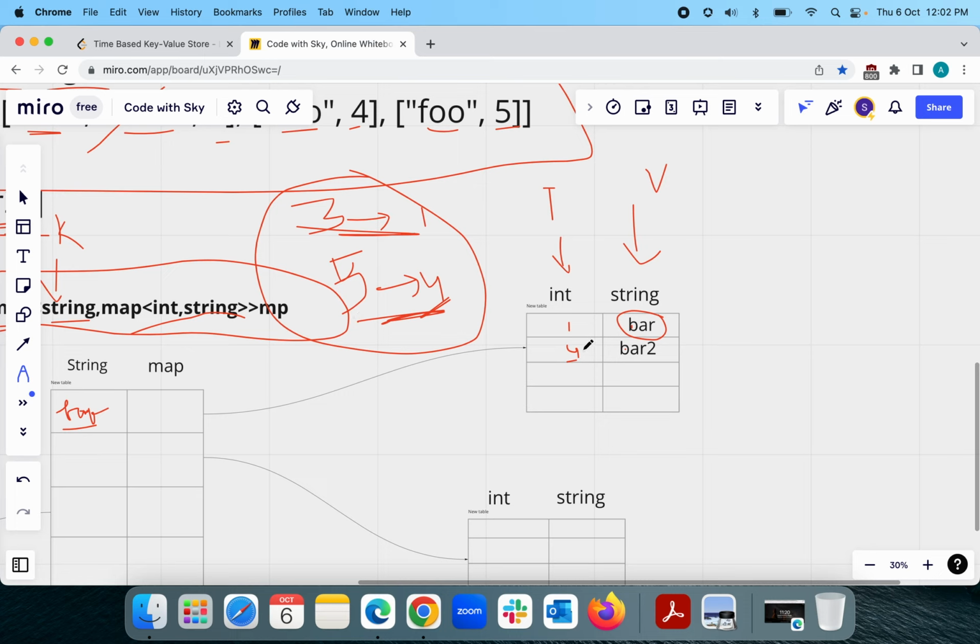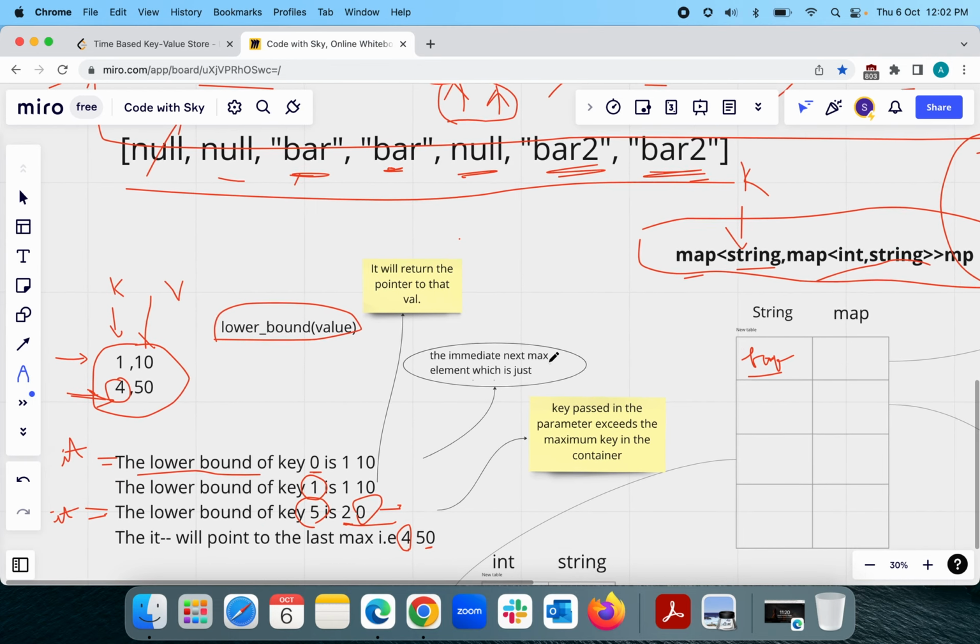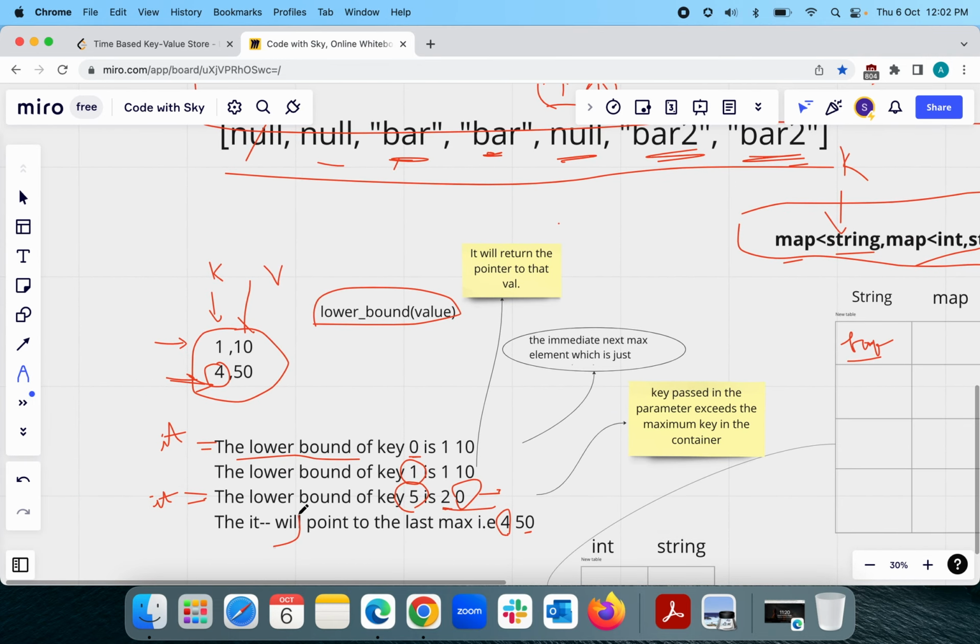5 was not here, but I want to give the answer for 4, for the maximum that is present in the map. When 4 was also not there, I was searching for 3, and for that particular case I was giving the answer for 1. That is the maximum present in the map. Is it clear? So that's why I'm using it minus, so it will be pointing to the maximum that is present in this map, and I will be returning the